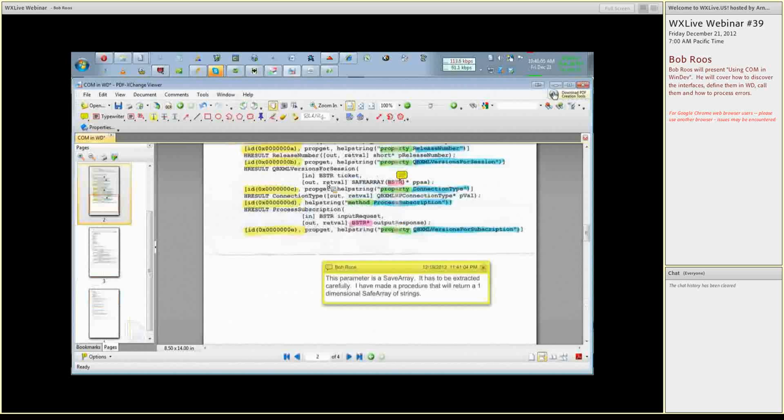Okay, you give it the ticket number, which is a handle that you get when you begin the session with QuickBooks. And then it says return value is a safe array of B strings. The address of a safe array of B strings. And it's like, okay, what does this look like? So I Googled safe array and I found some references as to the structure of all of that, but it was just like, how does this fit together? How can I see